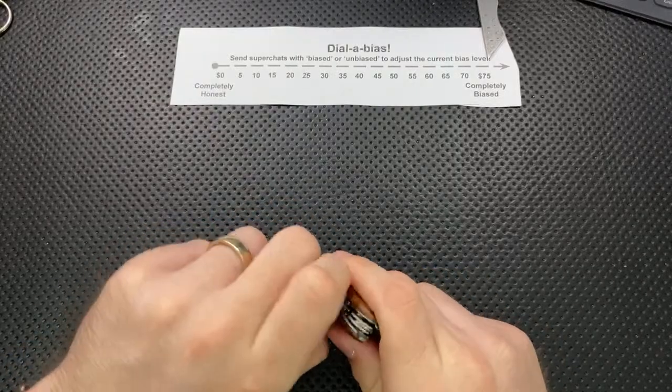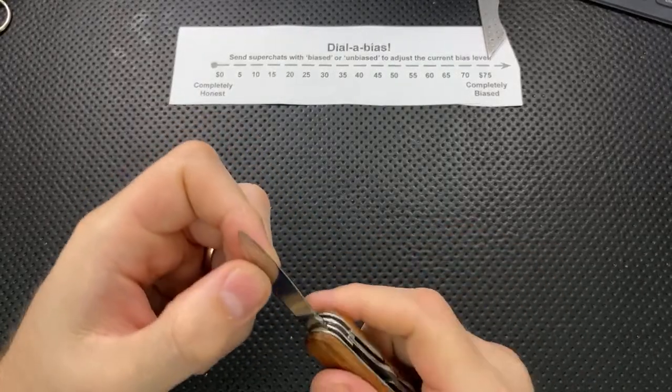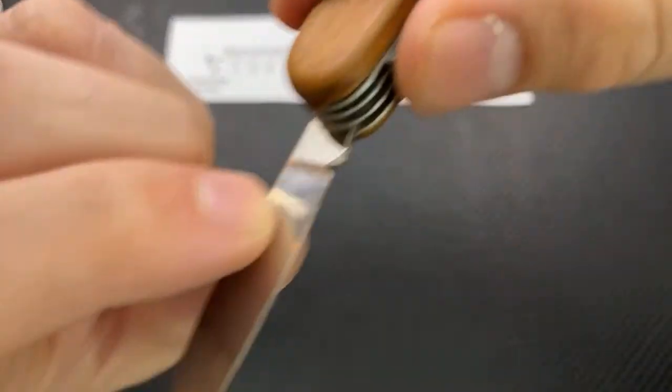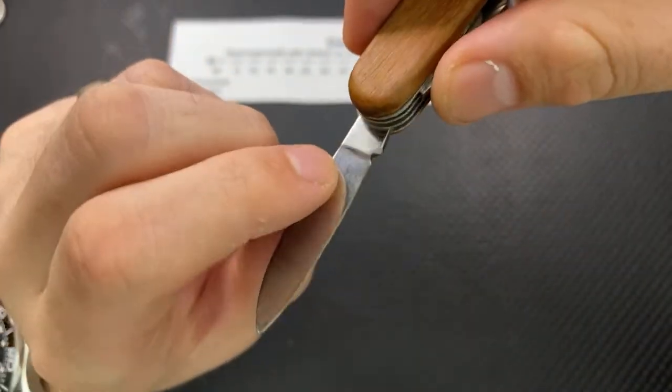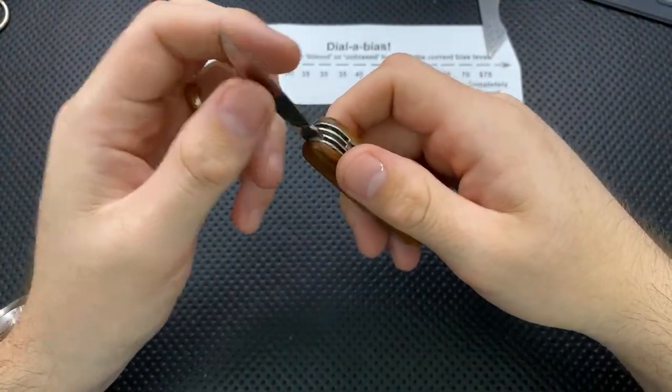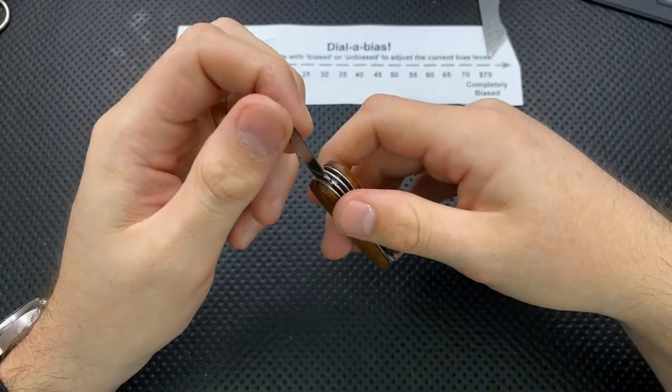And then finally, we'll get to the knife here. And this knife is... So, you see this little bit of burning on the edges there? That's one of the many ways in which you can assure yourself that the steel is going to be...